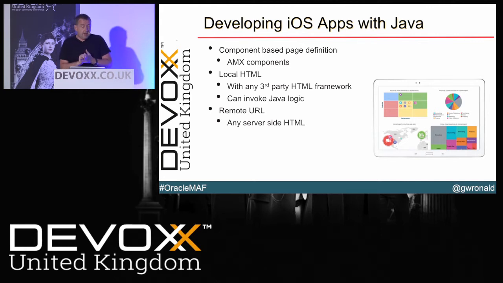The components are what are called AMX components, Application Mobile XML. They're defined as XML, and they range from simple checkboxes up to more exotic things like maps and graphs. There are 3 types of content you can create in a MAF application. You can use our AMX components, the very visual, easily used drag and drop components. You can create local HTML content, again giving you the power to do whatever you want